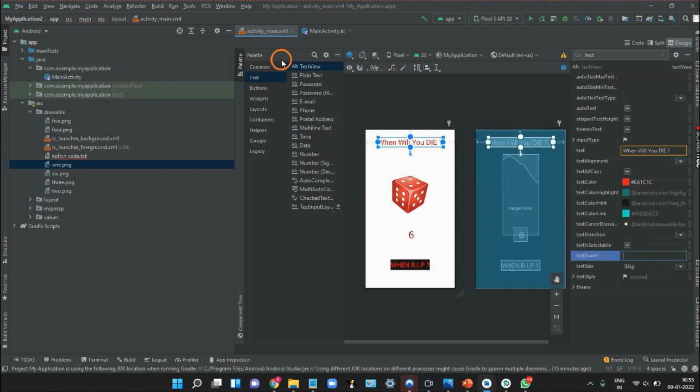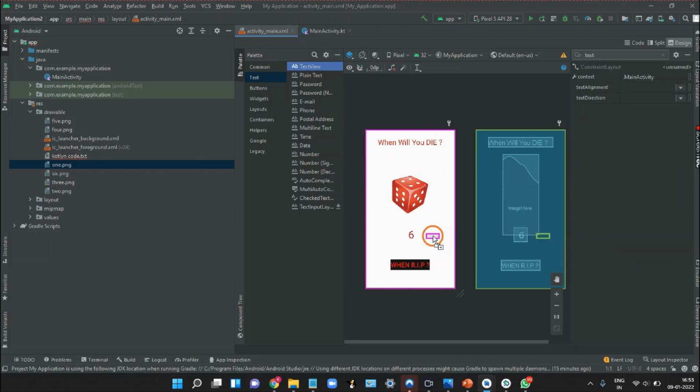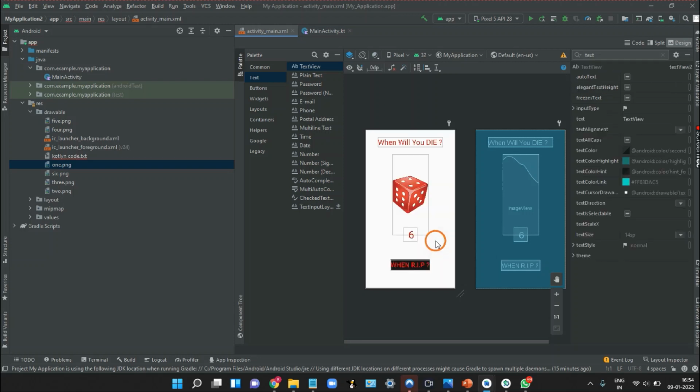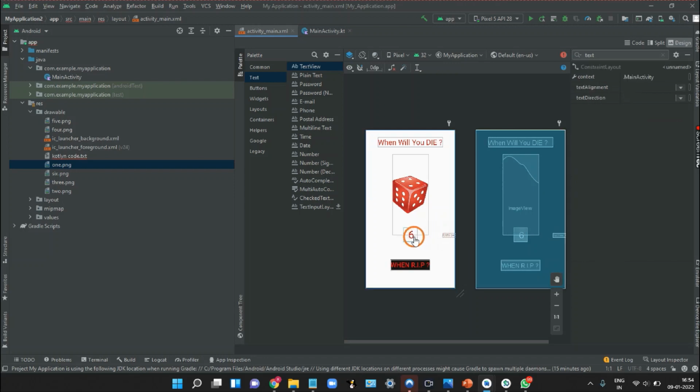Okay, so now let's place another text view here for the days. Drag it and drop it. Okay, so now let's connect this dot here and this dot here.